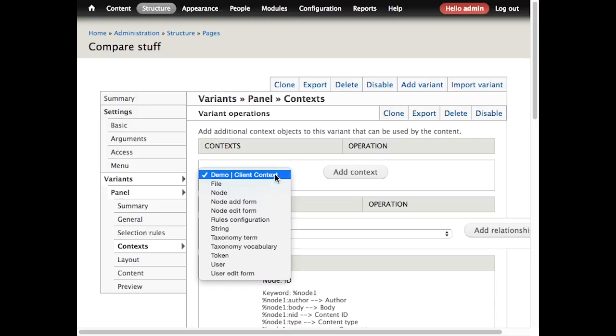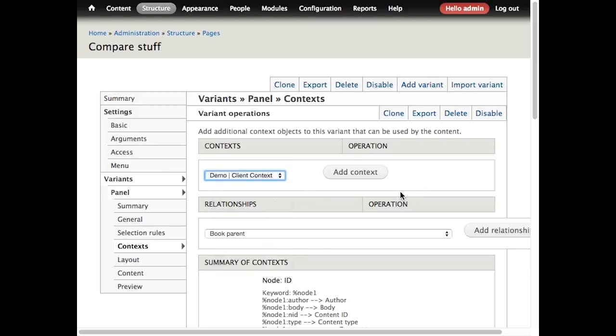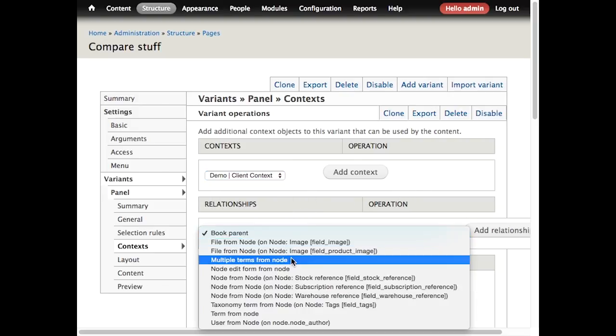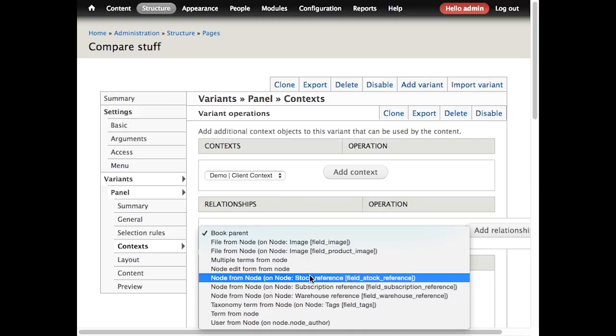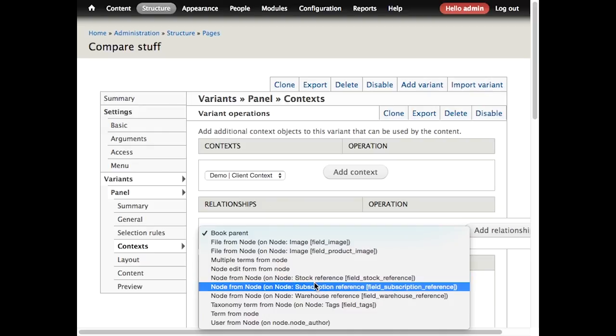So I would like to load the node based on the node. So I can do like this, that I would like to load an information about the stock based on